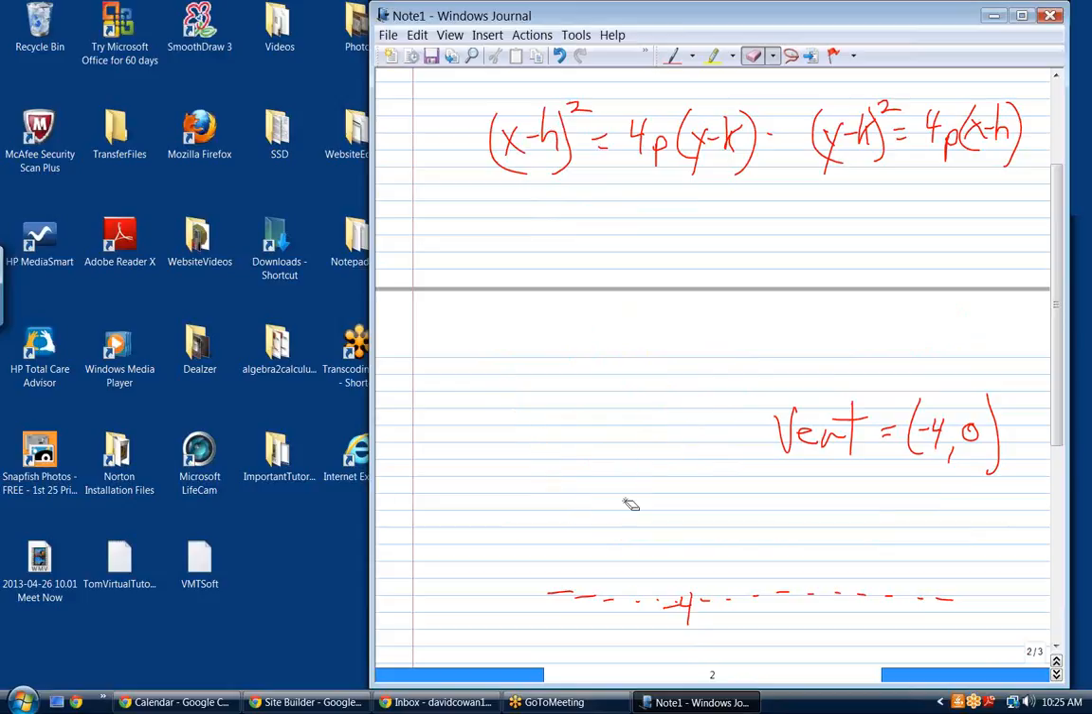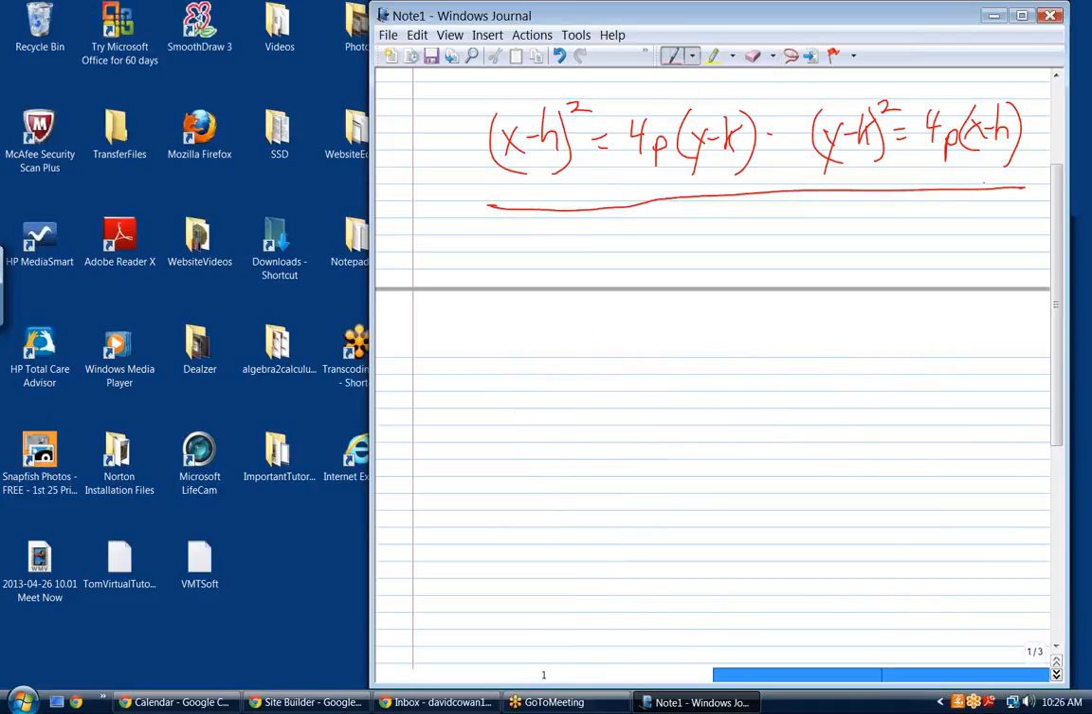I think that if you have any problems with these problems, you can't go wrong by starting out writing that at the top of your sheet. Knowing that this is a vertical and that's a horizontal. And then it's just a question of plugging into the proper equation. All of these